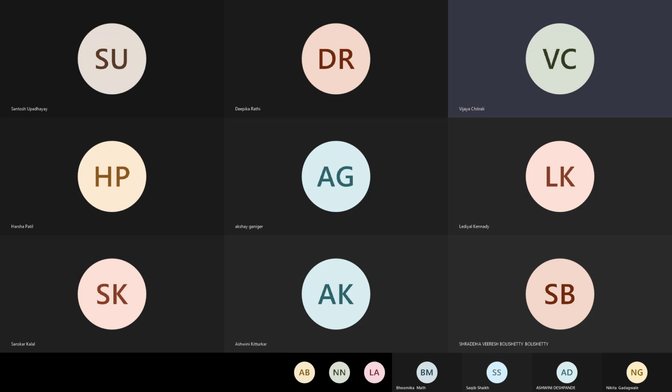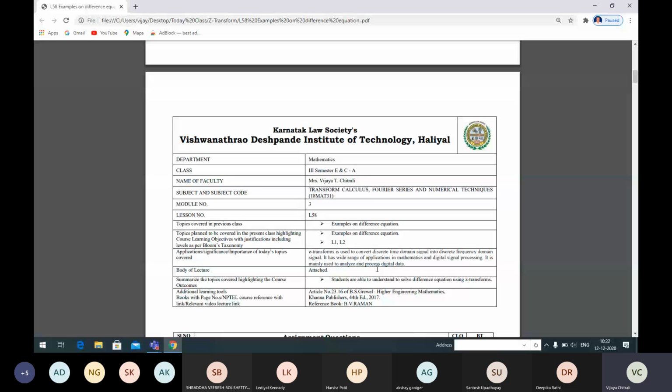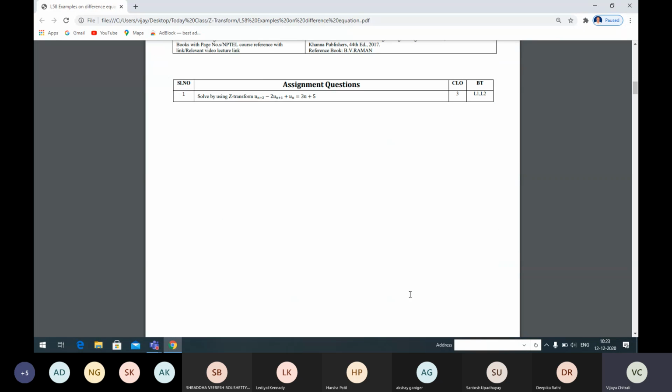In the previous class, we discussed examples on difference equations, and today's class also will discuss examples on difference equations. The difference is that we have discussed examples with conditions like y0, y1 given, or u0 or u1 given. But in today's examples, we don't have any conditions, without u0, u1 and without y0, y1. So today's first example,